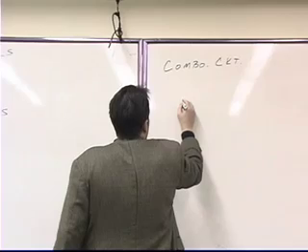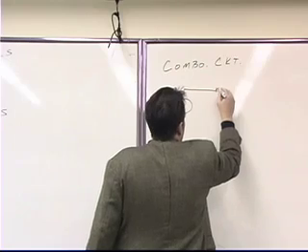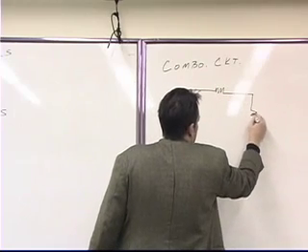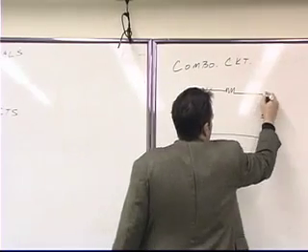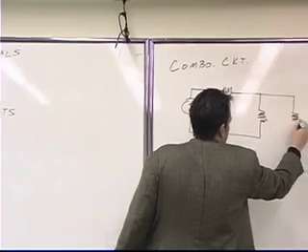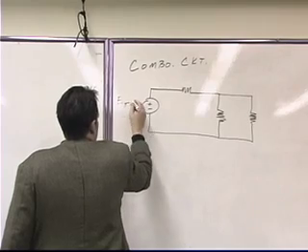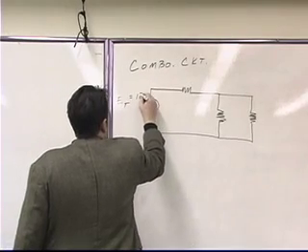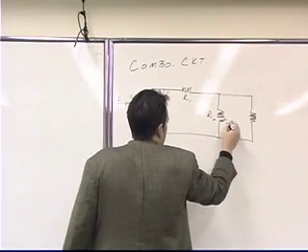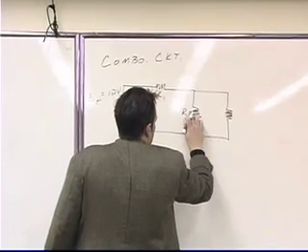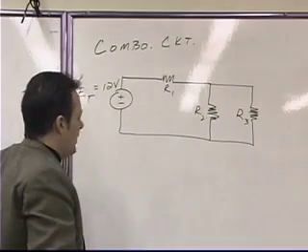The simplest form of a combination circuit would be some kind of an electromotive source connected to a resistor, which is then connected to two resistors that are in parallel with each other. So that would be the first of the parallel resistors. This would be the second of the parallel resistors. So if this was the source voltage, and let's just give it a value of 12 volts, and this were resistor 1, this were resistor 2, and this were resistor number 3,